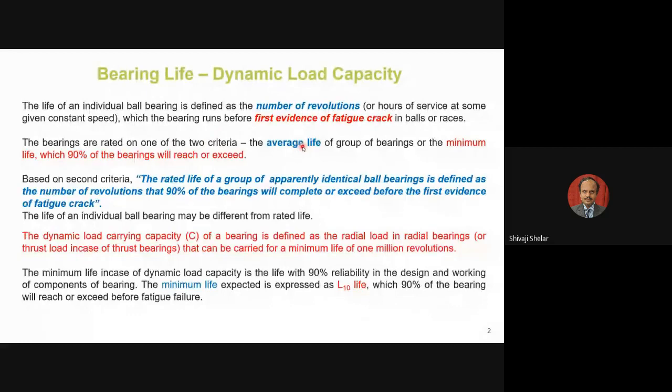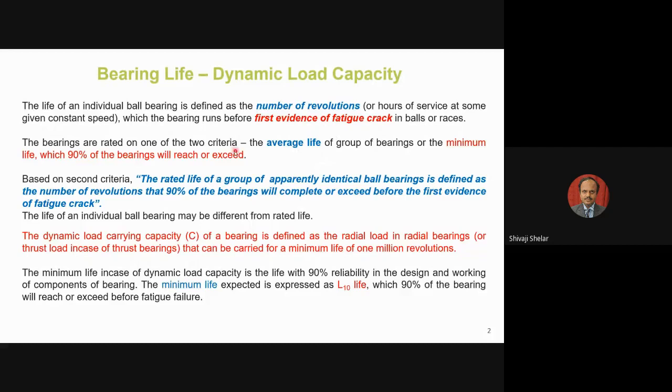That is, one is average life for a group of bearings. You can take and sample some of the bearings, average out that sample, and write down the average life for that group of bearings. So the sampling techniques are there. There are mathematical sampling techniques that say how many pieces need to be tested out of, say, 100, or 1,000, or a million. Based on that, the sample will be tested, the individual life and then the average life will be calculated for the sample, and that life will be applied to the entire group of bearings. This is the one definition.